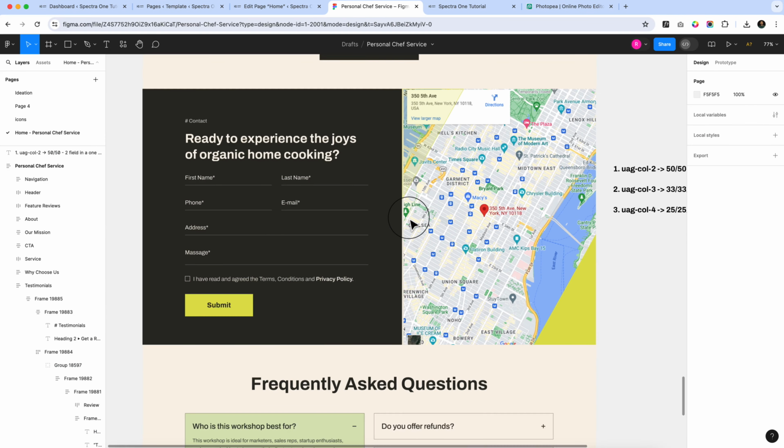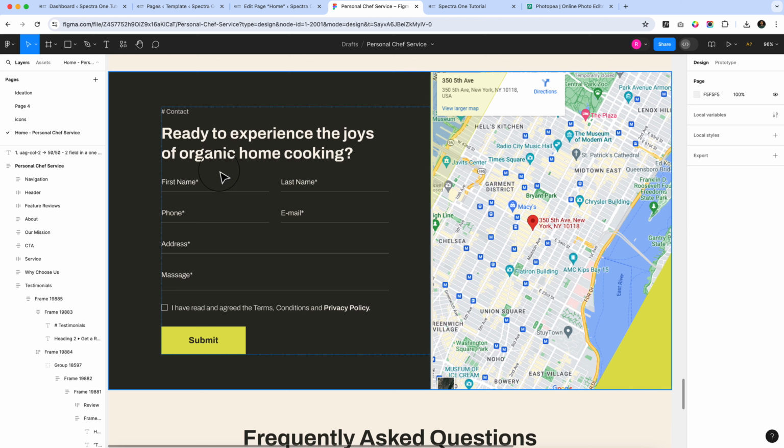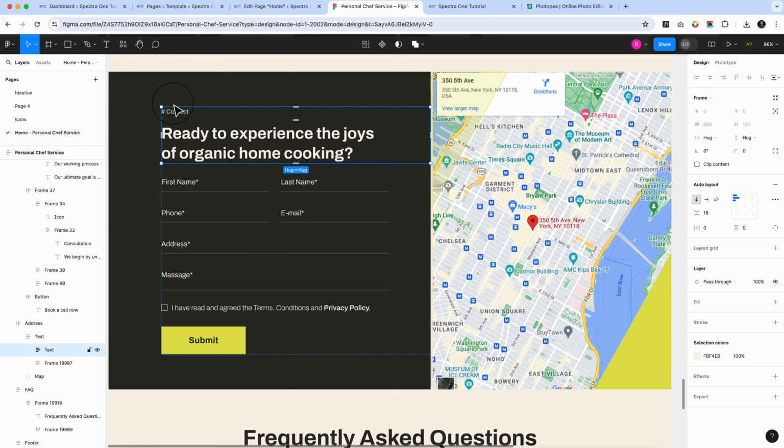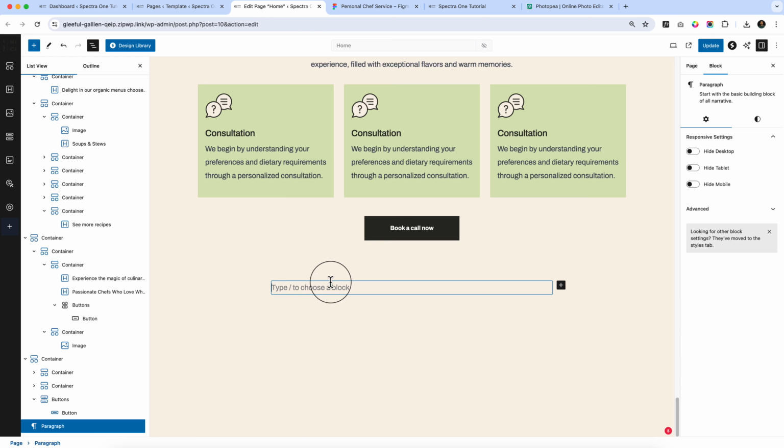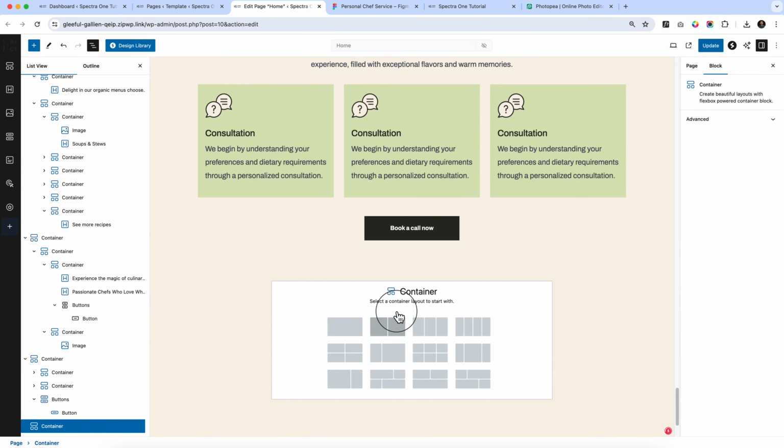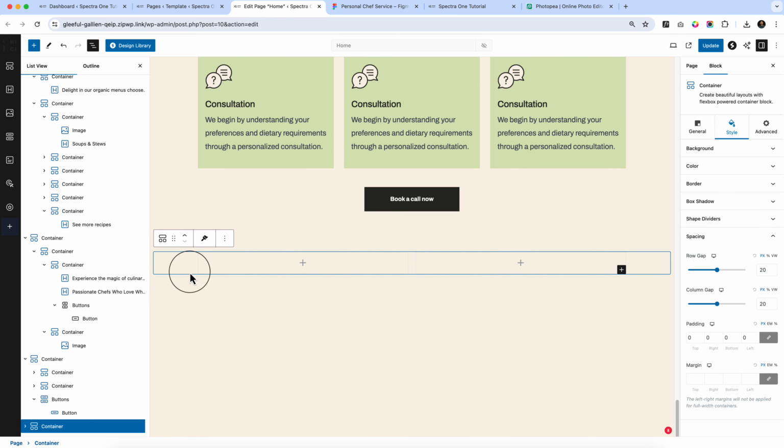Now let's create our contact form here. So we have already similar kind of heading. We can simply copy or we can start from scratch. Let's add a container first. So there is a 2-column container and add some spacing,